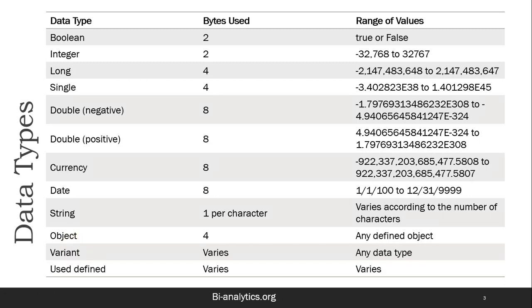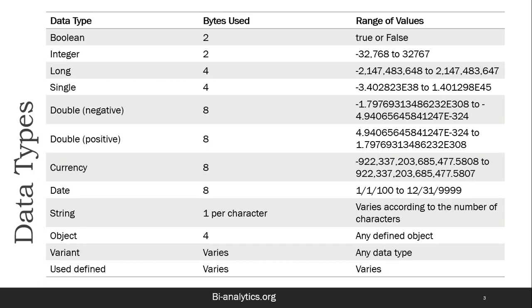Workbook is an object. So actually it does not store Excel, but the data type is like object. Fine. How it refers to object, we'll talk about later. Then, if you don't know what type of data type it is, the computer uses a variant. So if it doesn't know what type of data type will be stored, by default it is called the variant data type. Variant means it varies based on situations.